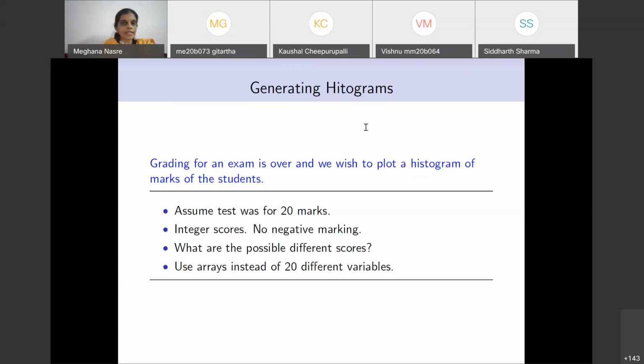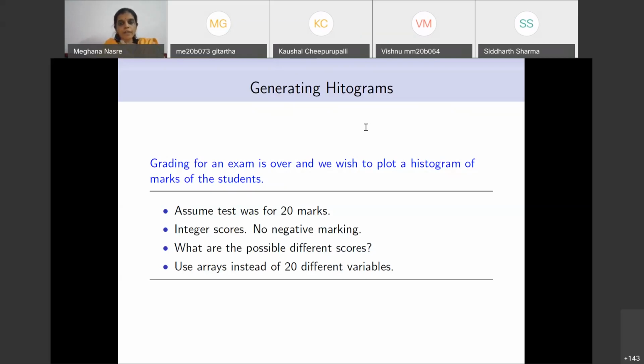The input size has possibly 184 entries. That is, you'll have to enter 184 things, which are the marks of the students. The output size is going to be only 20 or 21, depending on your ranges, from 1 to 20 or 0 to 20. For each of these values 0, 1, 2, we will need a number which tells how many students have got those marks in the exam, right? So this is the input and the output for the program.